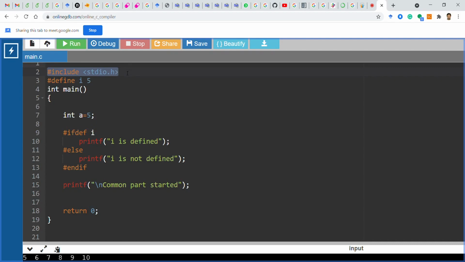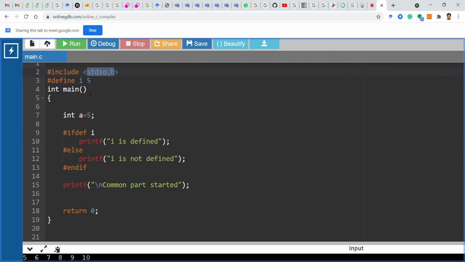Instead of that, what will happen? You will see that instead of presenting this line, the content of this standard input output header, stdio.h, will be present in the same program.